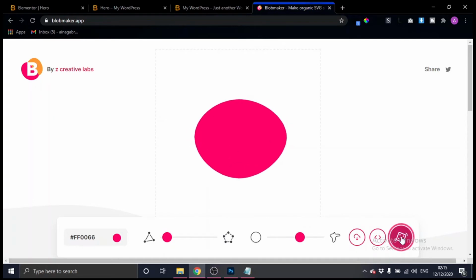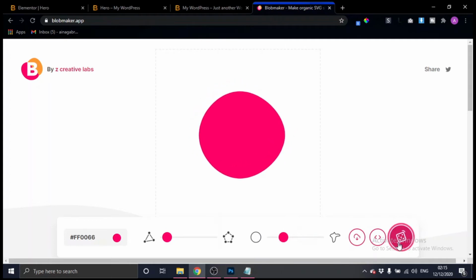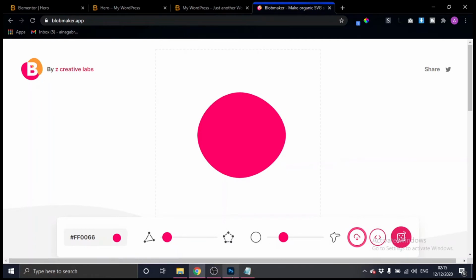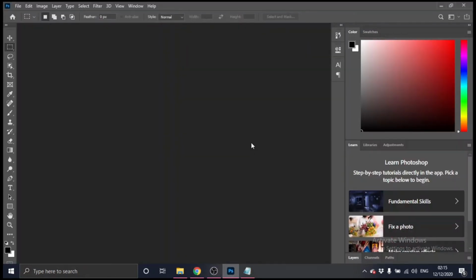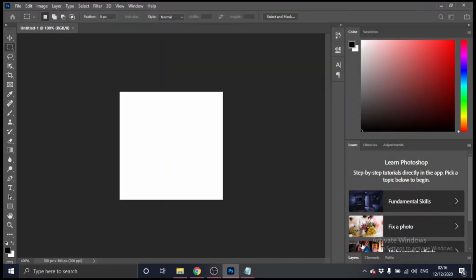But I love using this to give me some other options. So when you're satisfied with the one you want, all you need to do is click on this right here. Once it is done, what I basically do is open up my Photoshop. This is Photoshop 2020, and then I create a new document, come here and create new, and give this a 300 by 300 pixel. Every other thing should be fine. Make sure it is RGB, and then I click on create.